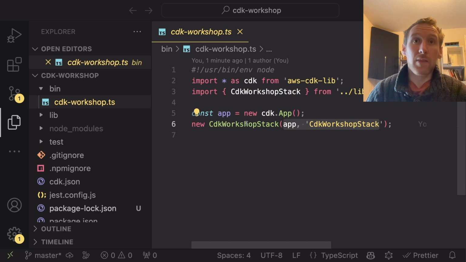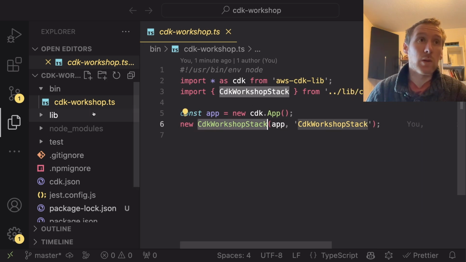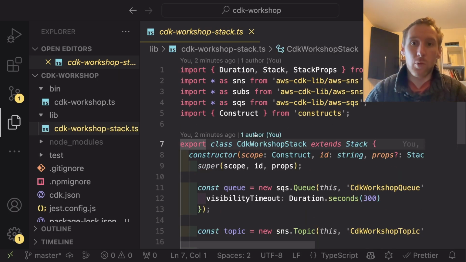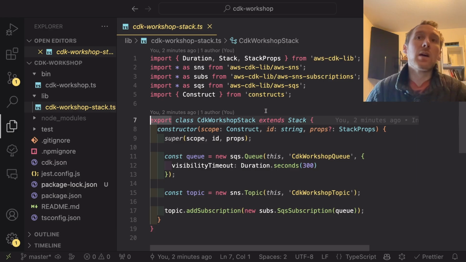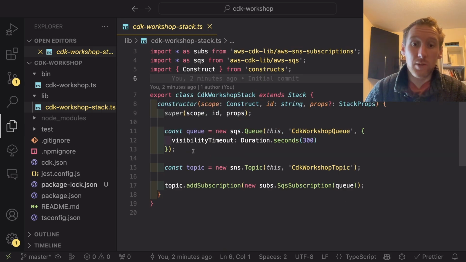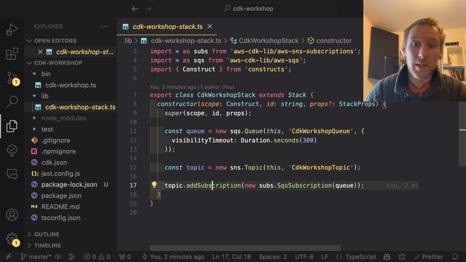And yeah, that is being imported from lib CDK workshop, which we can look at now. And in here, I'll zoom out one tab, and in here we can basically see and define all of the resources inside our stack. So by default there is a queue, a topic, and then that topic is subscribing to